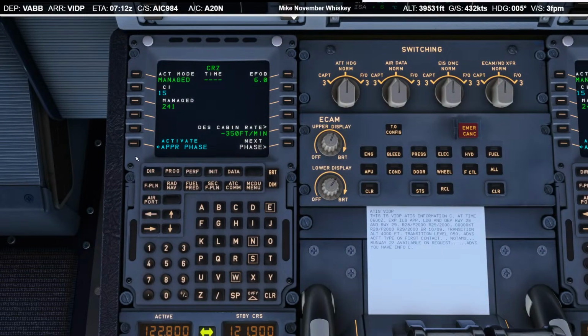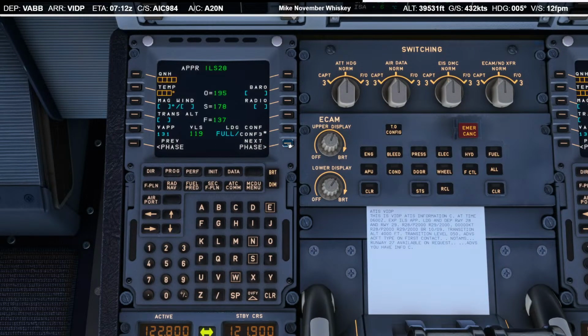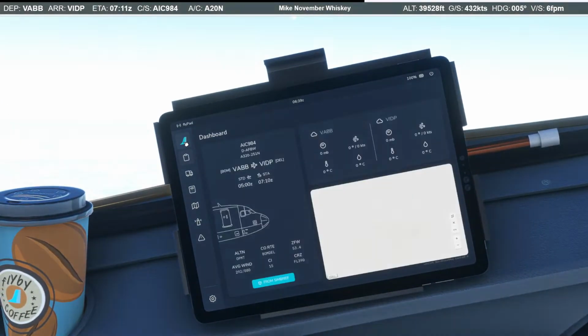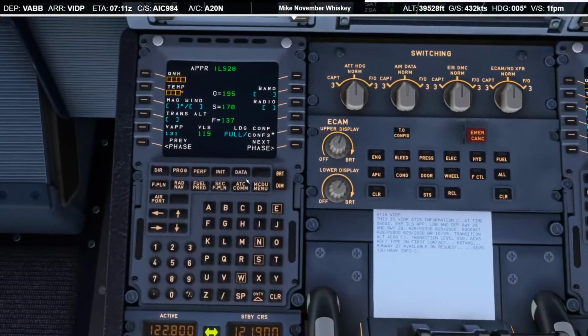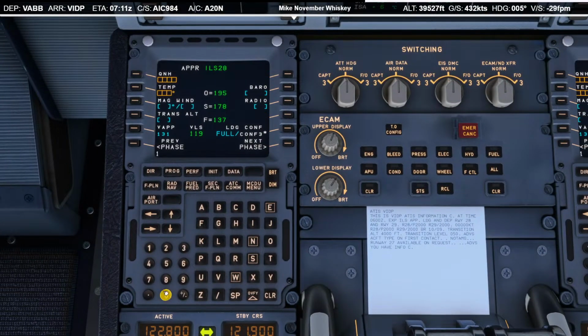And let's go ahead and program the approach. Yeah, there's no QNH setting there, so we'll just rely on this one. 1022. Write that down so we don't forget.